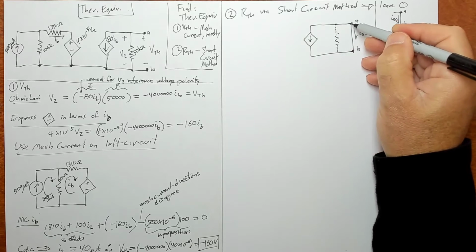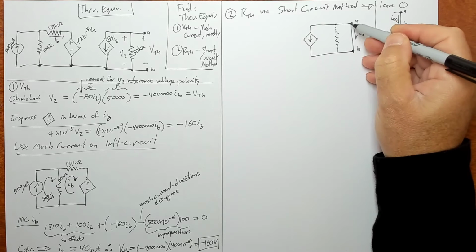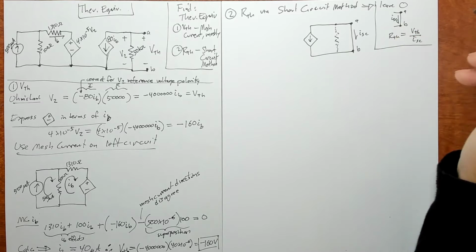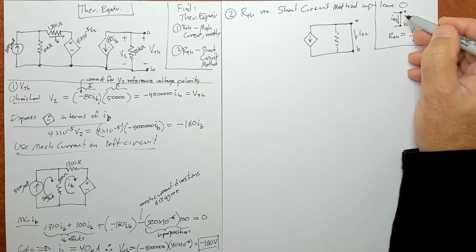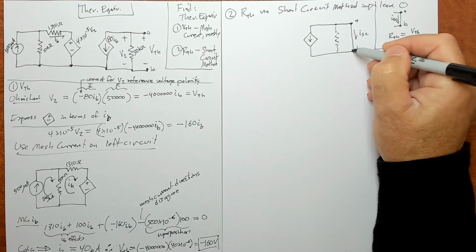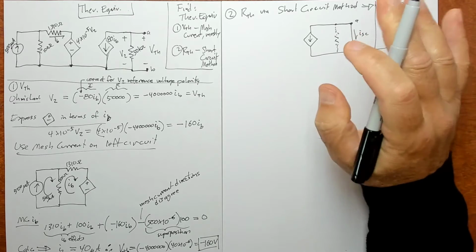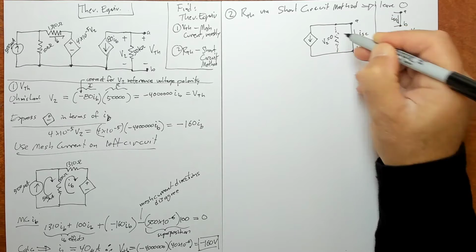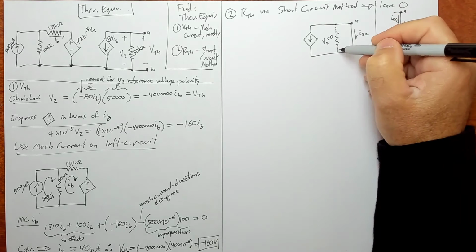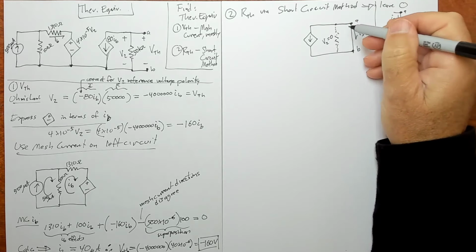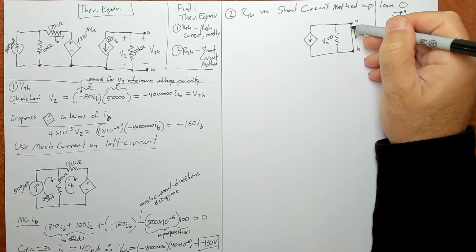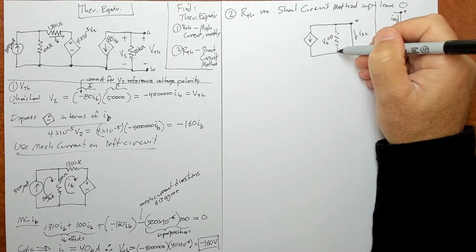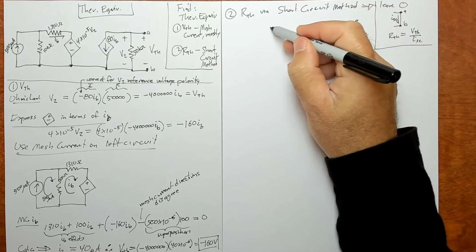Because electricity takes the path of least resistance. So if you short out across these terminals, which is what the method just says to do, then this resistor goes away, which means that V2 will be 0, right? The voltage across this resistor will be 0 because there's no current in this resistor. All the current's going this way, right? All the current's going through the short, so the voltage in here becomes 0. So if that's the case, then on the other side,